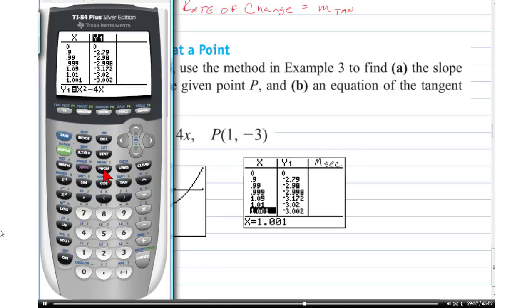Is there a way to do that on this, or do I have to use the table? That's fine. Here's what we're going to do. We're going to go into Stat. I want to edit a list, so we're going to hit Edit. Here's a whole bunch of lists, and I'm going to clear them out. Hit Clear, Enter, hit Clear, Enter. And I want to populate this list with what I have in X. I'm going to type in the numbers that are close to 1. We have 0.9, 0.99, 0.999. That's getting close. To the right, we have